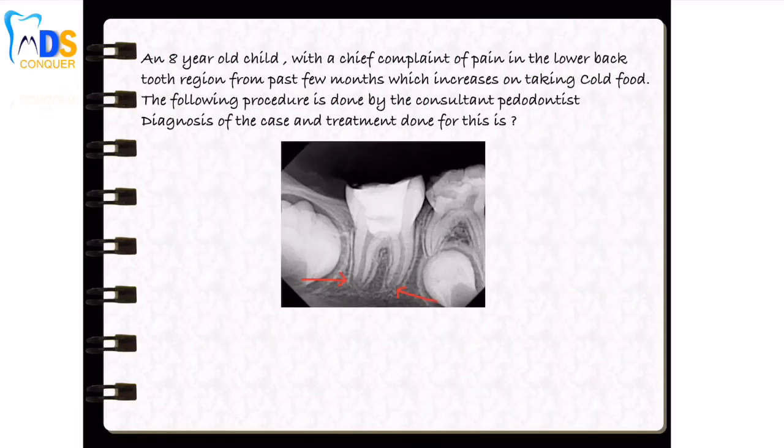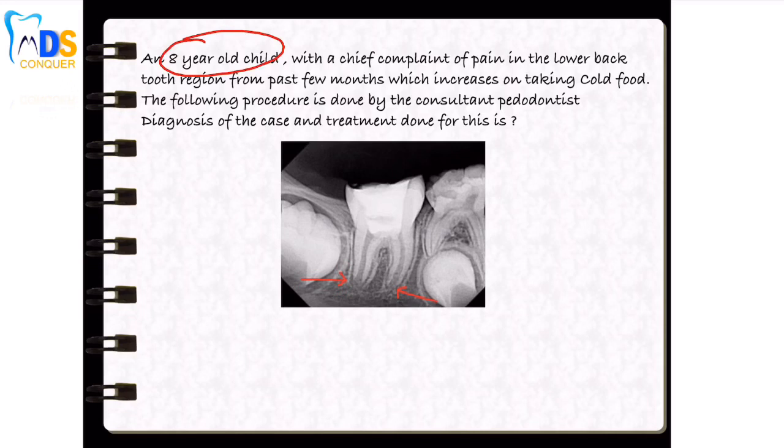The next case is again 8 years. Most of your questions will revolve around 8 years, 7 years or 9 years, because this is an area where there is a high chance that the apex closure will be hindered whenever you have a trauma. So most of your questions related to apexification and apexogenesis will be at 7 to 8 or 8 to 9 years. Then you can predict that the apex is yet to close, it is still open. 6 means wide open, 7 means a little bit, 8 means a little bit, 9 means a little bit.